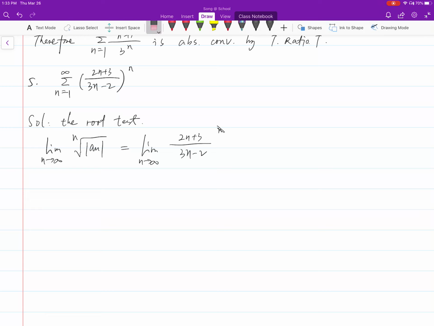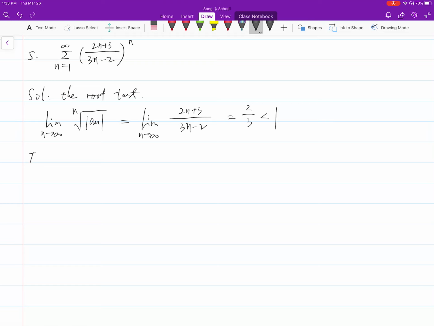Okay, nth power, nth root, they cancel each other, so it's gone. And this is 2/3 by leading term. Then it is absolutely convergent